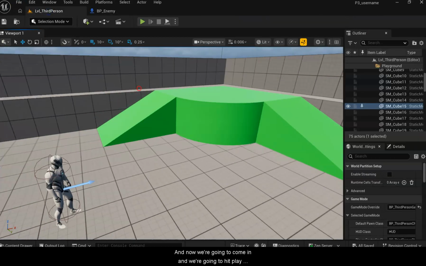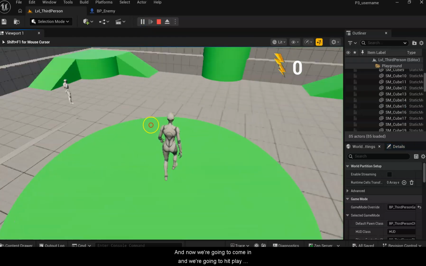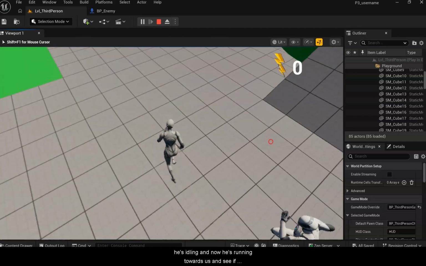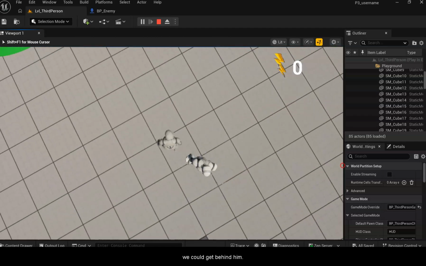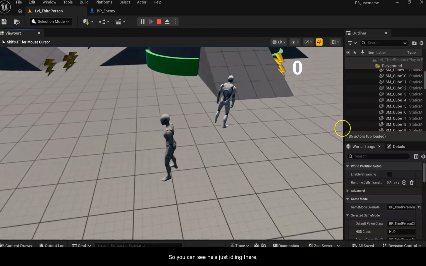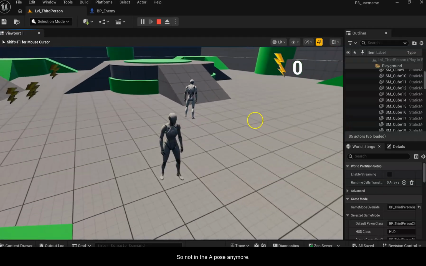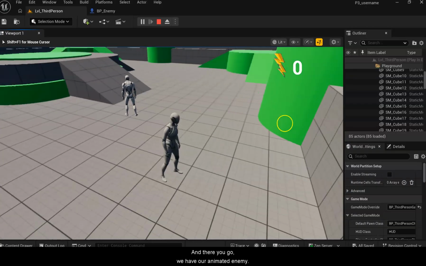And now we're going to hit play and test out and see if, look, he's idling and now he's running towards us, and see if we could get behind him. So you can see he's just idling there, standing with his hands down, so not in the A pose anymore. And there you go. We have